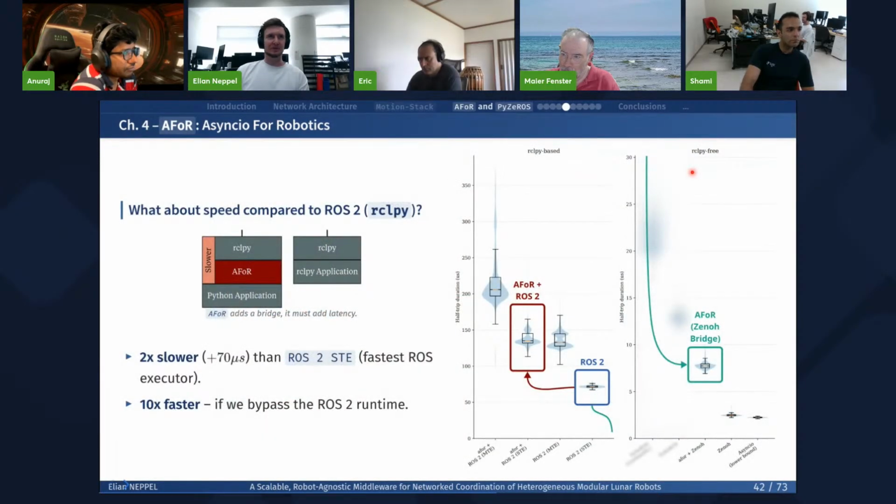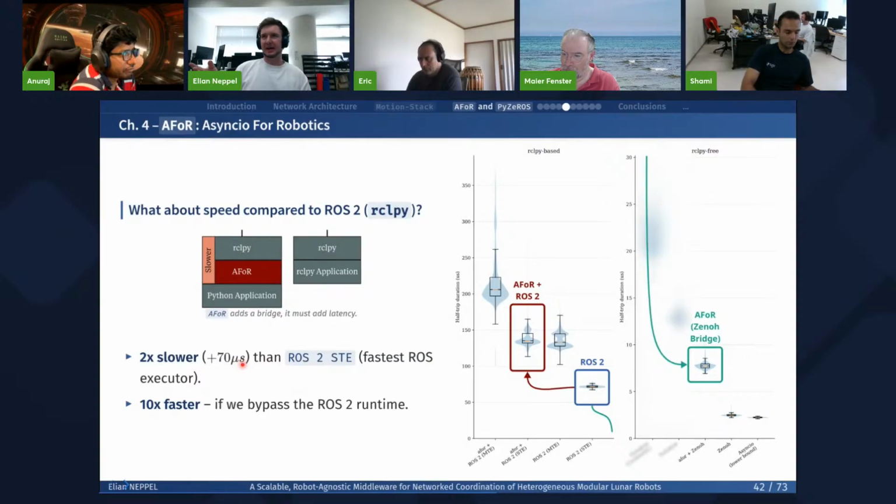And you might be wondering about the speed of all of this and why don't we do it already? So I implemented A4 on top of rclpy. rclpy is the API of ROS2. And obviously, because A4 stands on top of rclpy, we cannot be faster than rclpy because we are using rclpy. And by doing this, we are actually 2 times slower than rclpy. You can see the graph precisely here. So I guess this is why not a lot of people are using this.